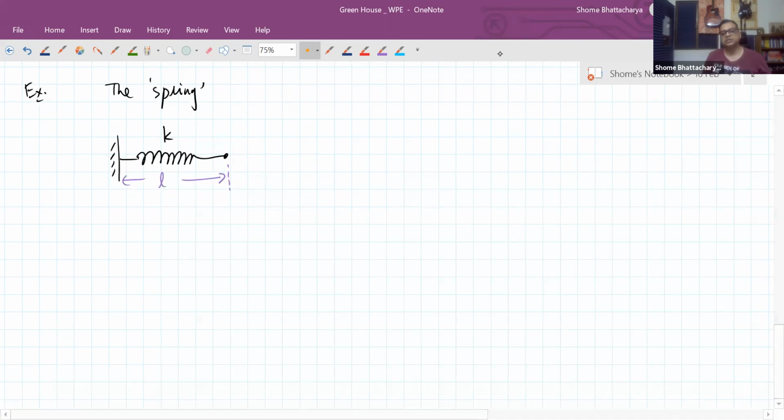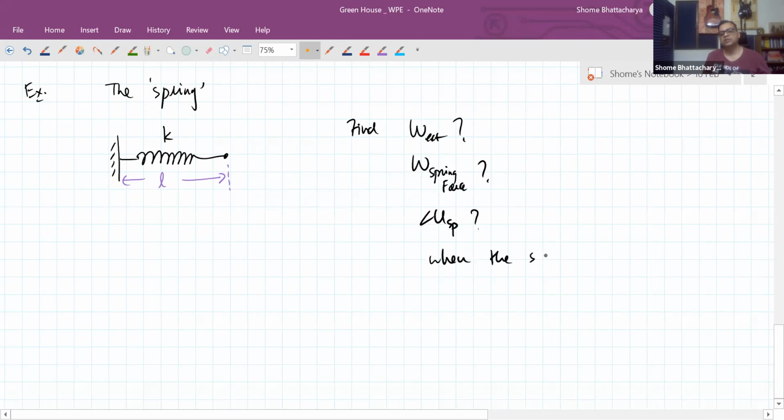So to change the state of the spring, okay, you can come back later to that. Okay, let's continue with this. Now we want to find out the work done by an external agent, the work done by the spring force, and the change in potential energy of the spring. All these three quantities when the spring is extended